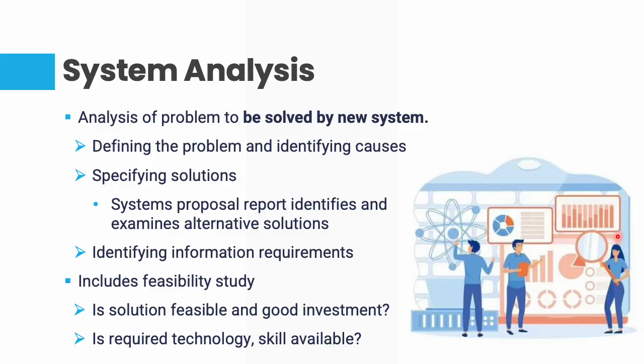So this system analysis involves a few key things. First of all, is to define the problems. What is the exact problem? Is the current system too slow? Too expensive? Cannot do what the company needs? We have to find the root cause, not just the symptoms, right? After that, specifying the solution. Once we know the problem, we start thinking of ways to fix it. Maybe we need a new app or a new database or just to improve the old system.